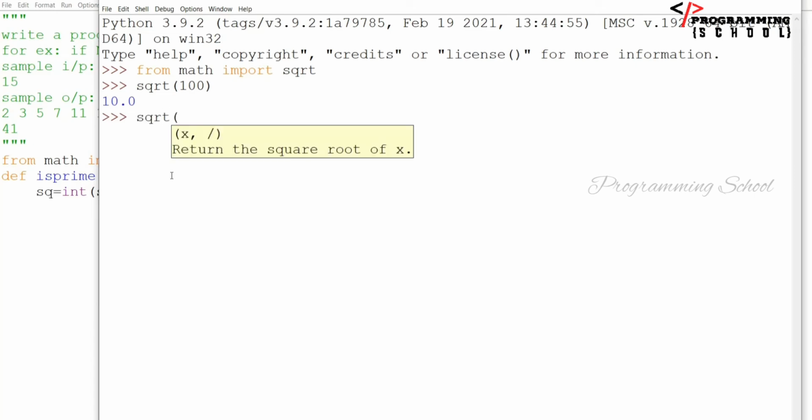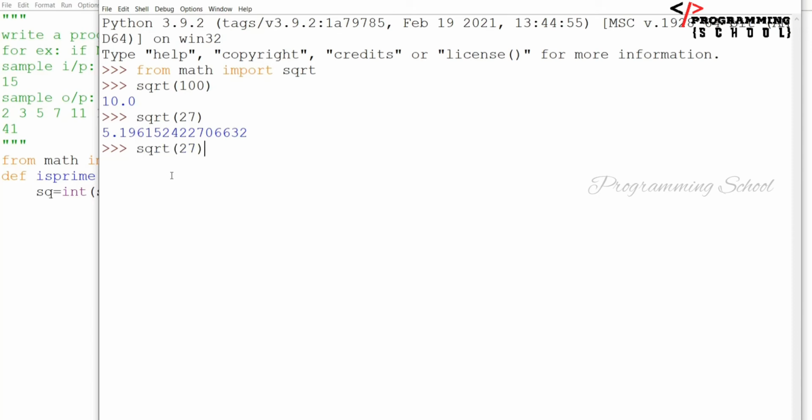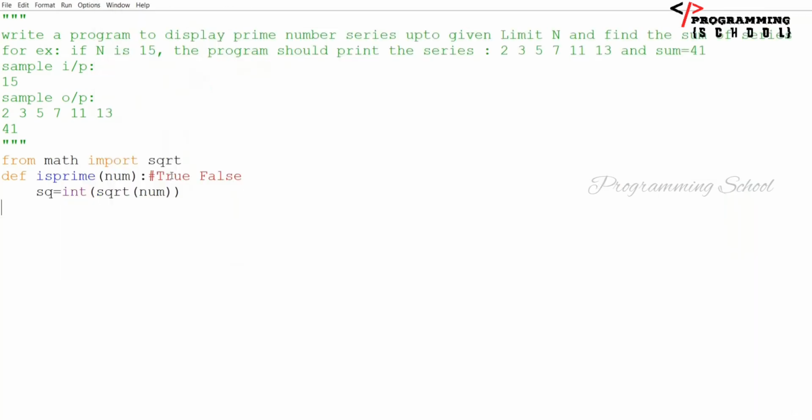The square root of 27, for example, is always going to be a floating value. That's why I'm going to apply int here. When I apply int, it is going to take only the integer part of that number. That's why I'm going to take it like this.